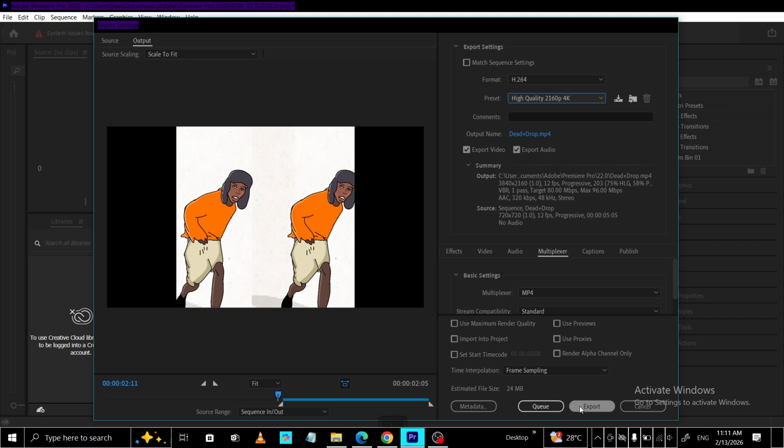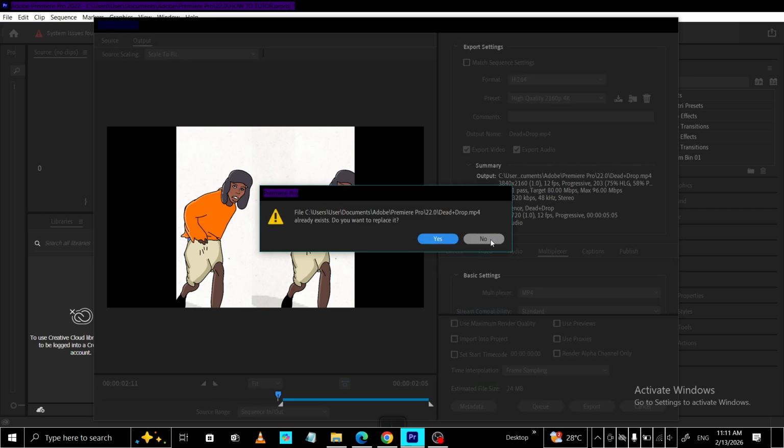That's it. Set in and out points, render a preview to verify playback, and export with the right format and preset for your destination. Follow these steps and you'll get clean, predictable